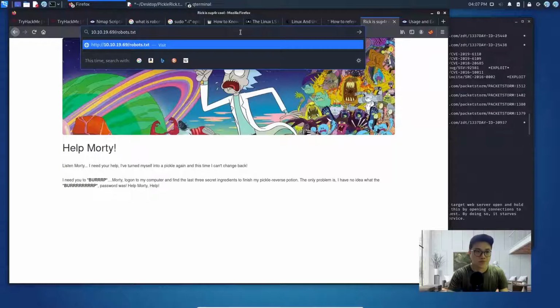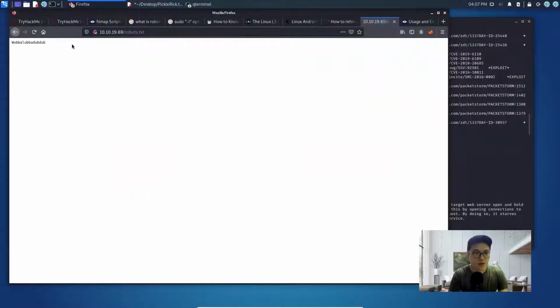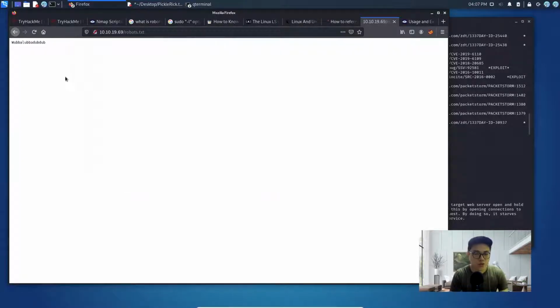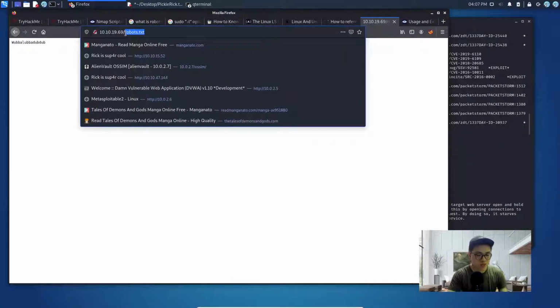Robots.txt. Oh, you can see here there's some text over here. So what I'll do is just paste it here first. And next, I will try to go to the login page, which is